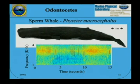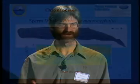Right? Okay, so there's a single sperm whale with what's called a coda, or sort of signature click. Now, when you get a bunch of them together,